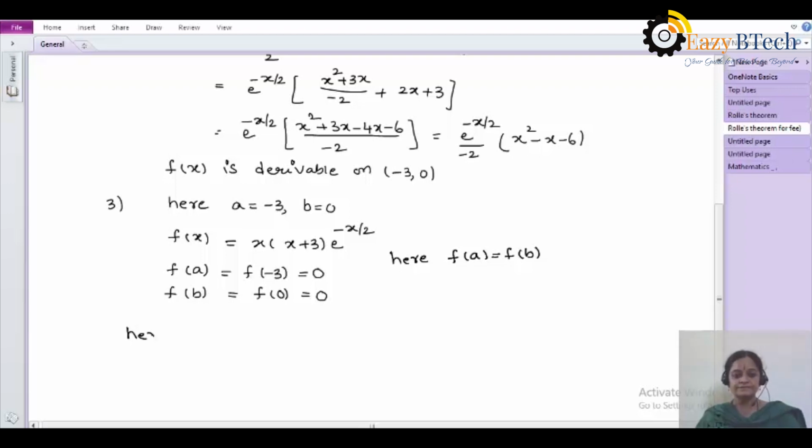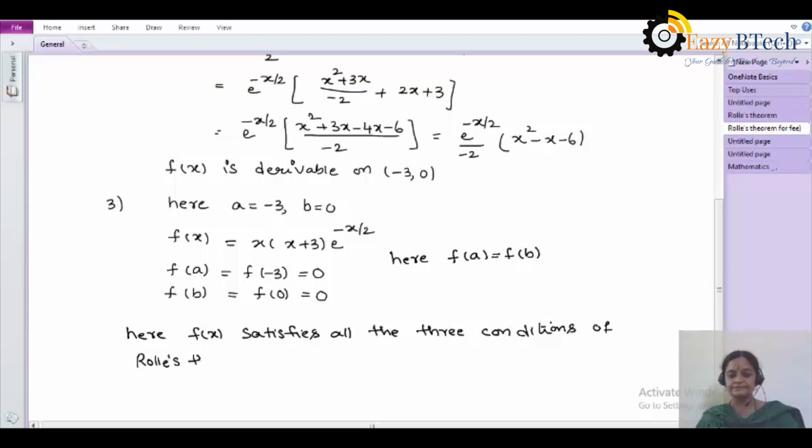So here f of x satisfies all the three conditions of which theorem? That theorem is Rolle's theorem. So according to the statement, if any function satisfies all three conditions, then there exists at least one element